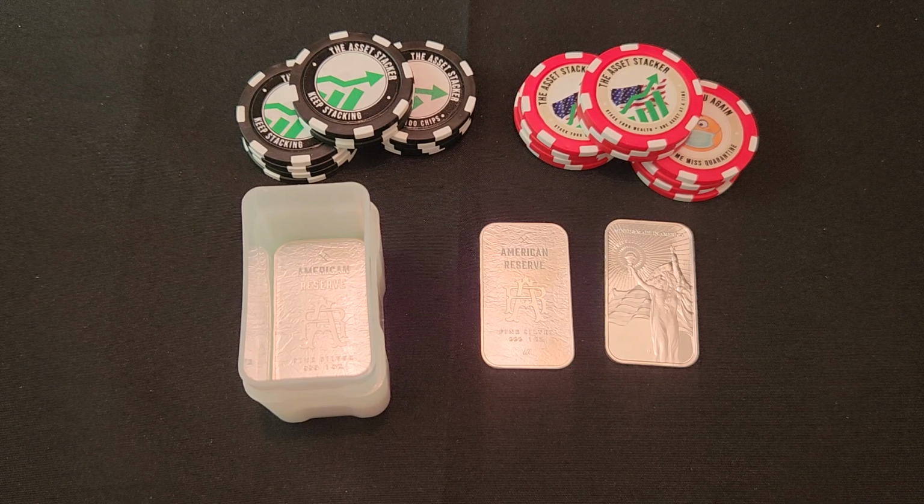A lot of times how I base my prices is I will call all of my local coin shops and ask them, what are you paying for 90% silver? Because obviously they're buying it at the lowest price that they can, because they're going to turn around and flip it and sell it to the general public and make a profit because it's their business. But it's easy to find out what they're paying, and then all you have to do is offer what they're paying. And most people will sell to you